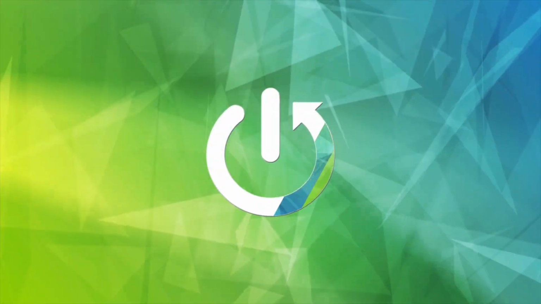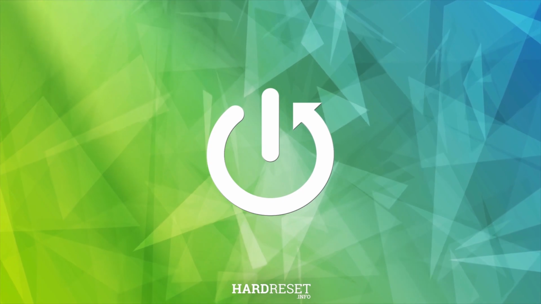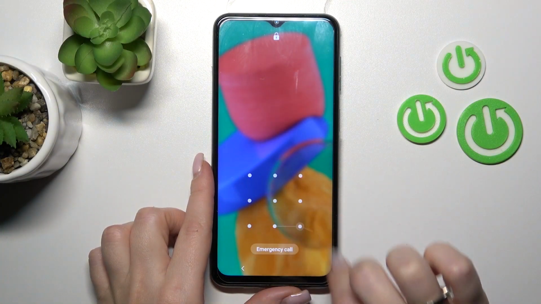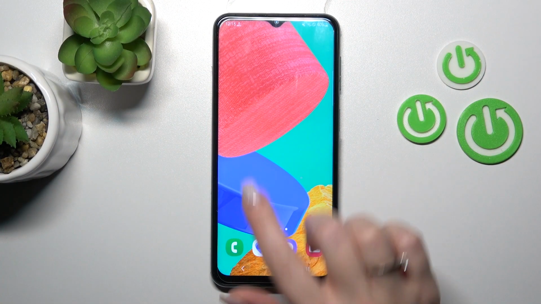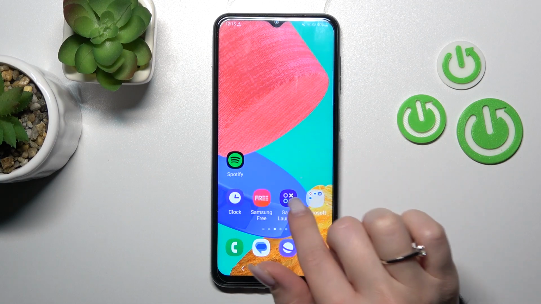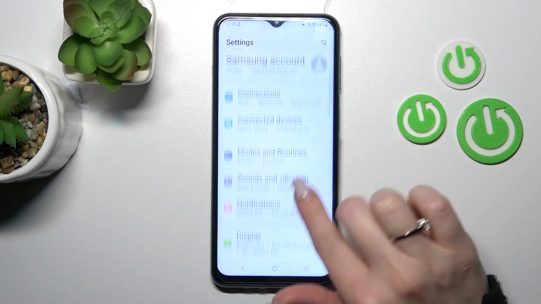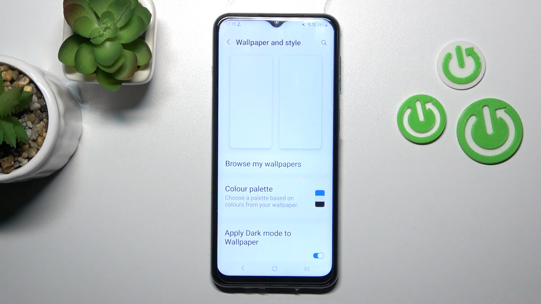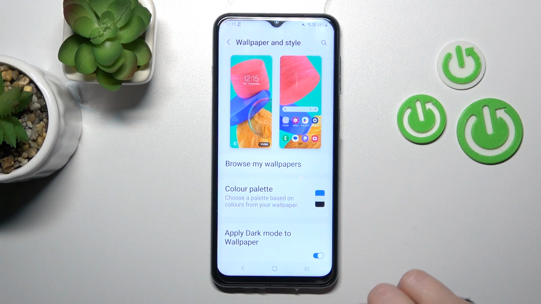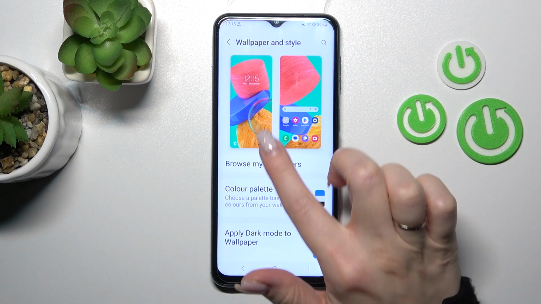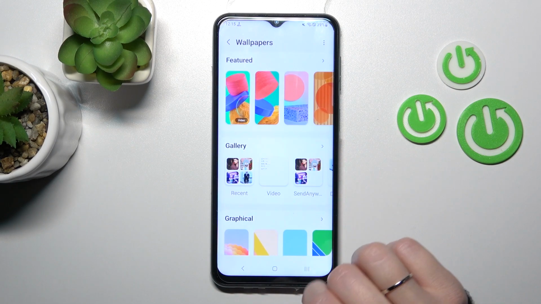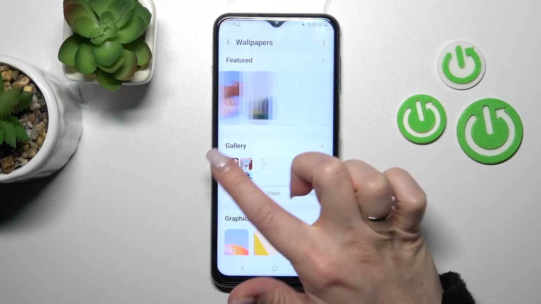So just to do that, we should first open the settings application and then scroll down to the wallpaper and style section. Just to change the wallpaper, we should just click to browse my wallpapers,